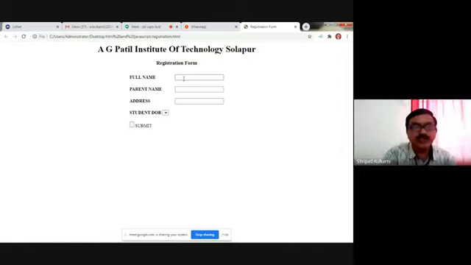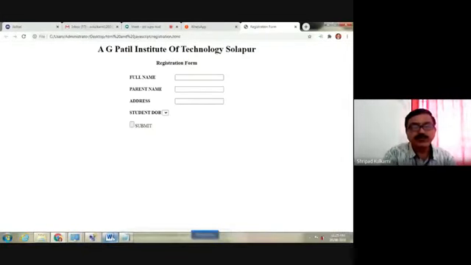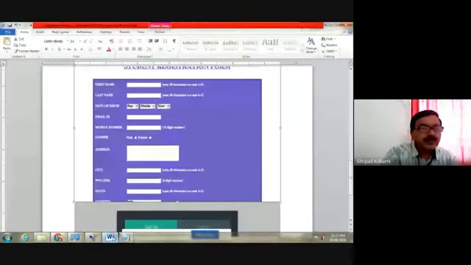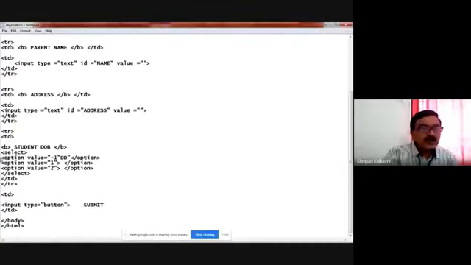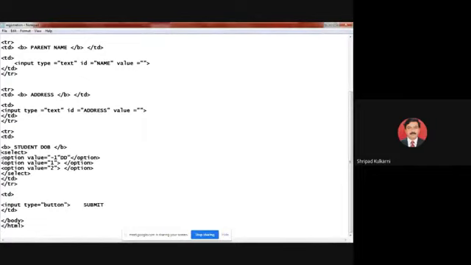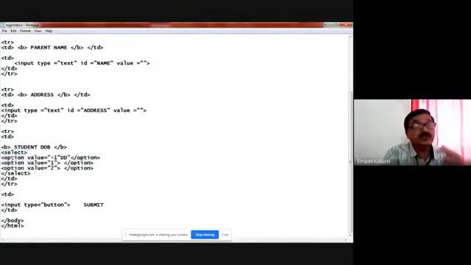That code I want to explain once again, because this is the new part which we are discussing here. It is concerned with option and select. Select is a new part which we are discussing. Concerned with the select, we have used the option with parameter values 1, 2, 3.